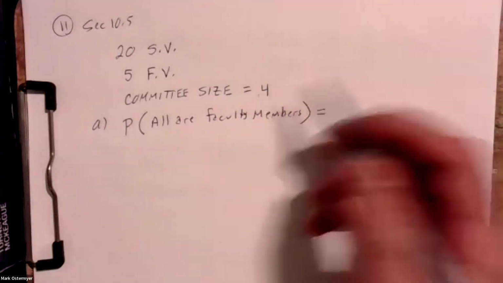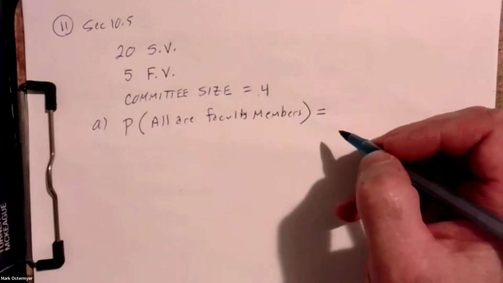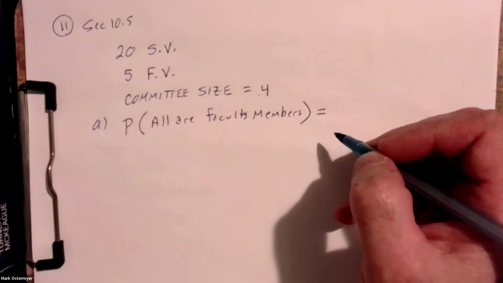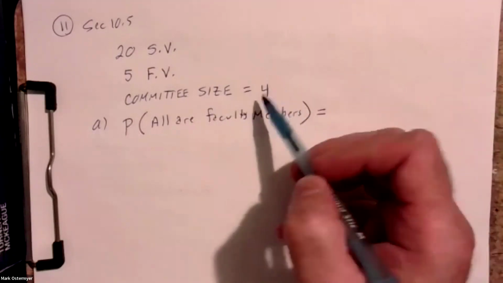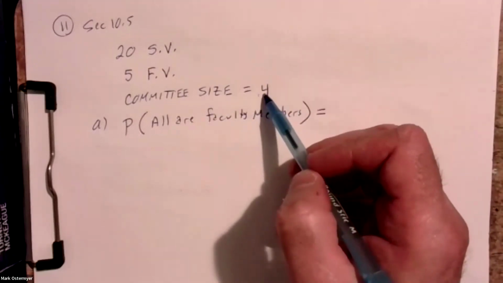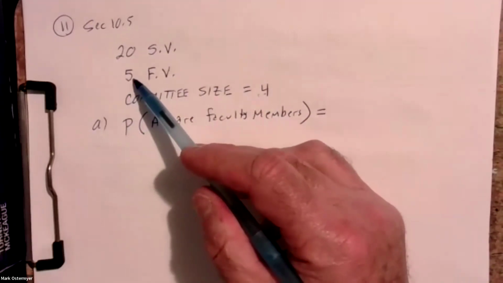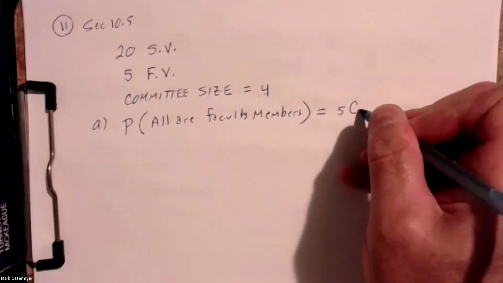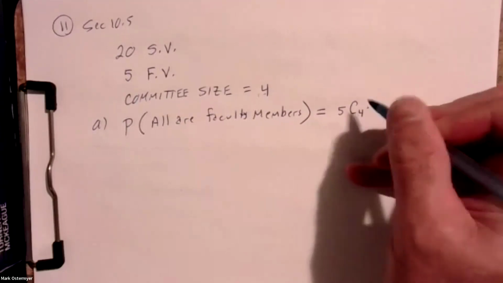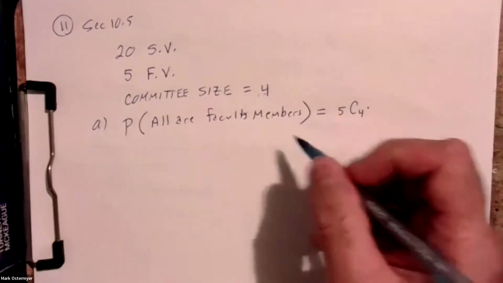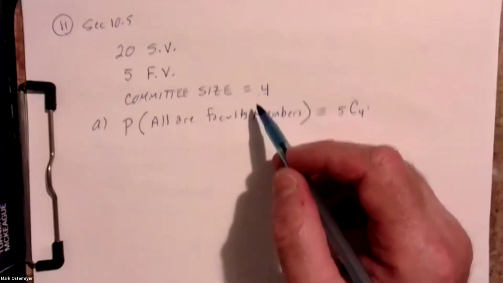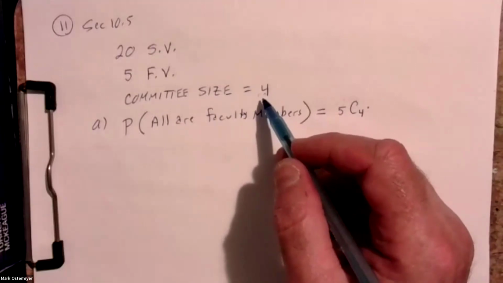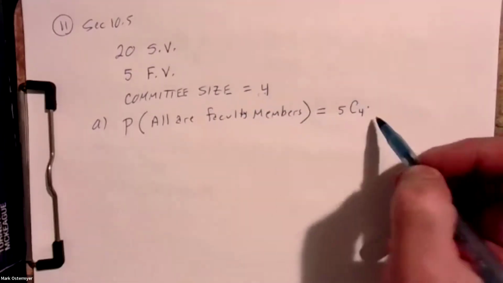Committee is going to be of size 4. So how many ways can I select 4 faculty members from 5 available? That would be 5 in combination with 4. Times, that means if I select 4 faculty members, I basically have filled my committee. Technically, this is times